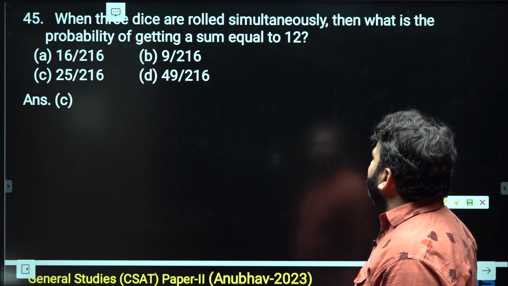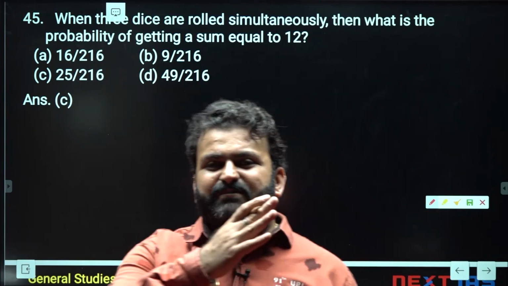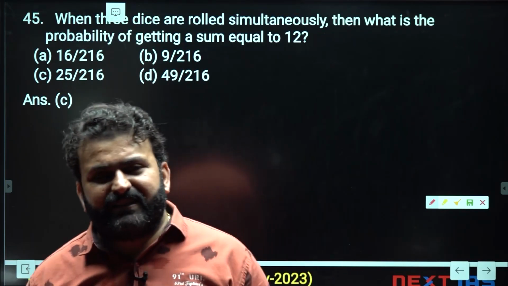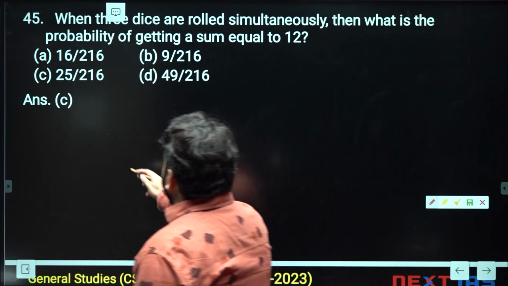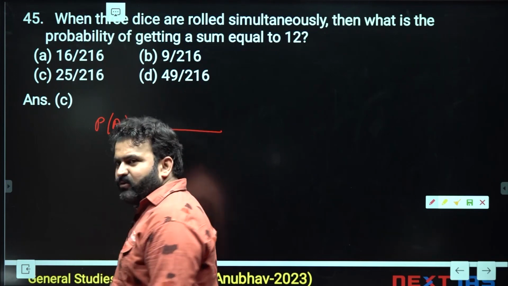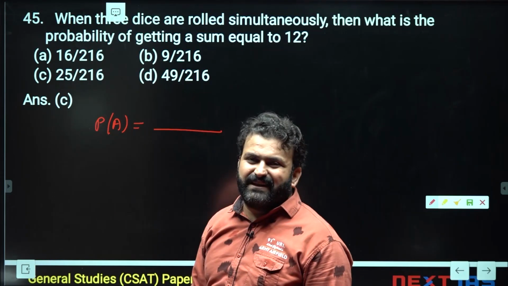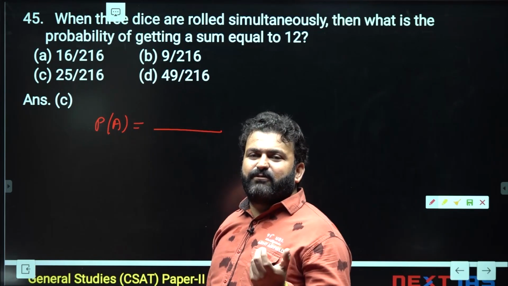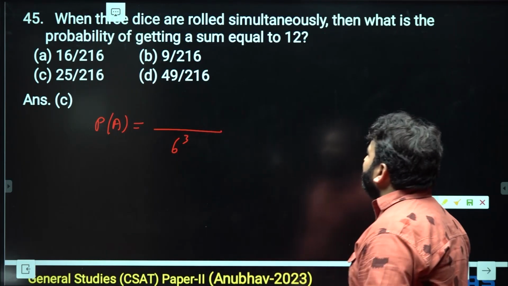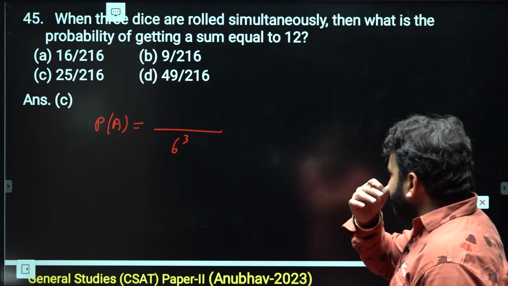तो आपको sum equal to 12, so अब here when 3 dice, अब तो 3 dice में फर्स्ट डाइस में 1 to 6 है नंबर, सेकंड 1 to 6 है, थर्ड पे 1 to 6 है। सो नाउ हियर इन दिस केस प्रोबेबिलिटी में, प्रोबेबिलिटी ऑफ ऑकरिंग एन इवेंट ए जैसे मान लिया, तो टोटल नंबर ऑफ फेवरेबल आउटकम्स अपॉन टोटल नंबर ऑफ पॉसिबल आउटकम्स। सबसे पहले पॉसिबल आउटकम, सो 3 डाइसेस हैं, तो इसमें देखो ऑप्शन भी क्लियर है कि 3 डाइसेस हैं, तो आपको टोटल नंबर ऑफ पॉसिबल आउटकम्स क्या हो जाएंगे, 6 क्यूब, ओके, एंड देन फेवरेबल आउटकम। अब फेवरेबल आउटकम क्या हो जाते हैं, फेवरेबल आउटकम आपको हियर इन दिस केस,